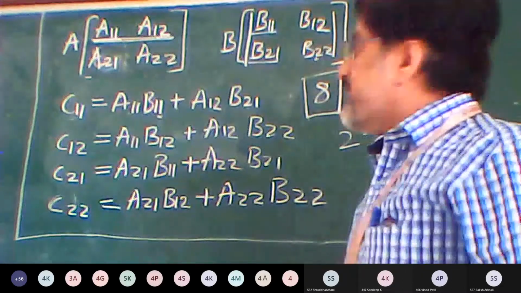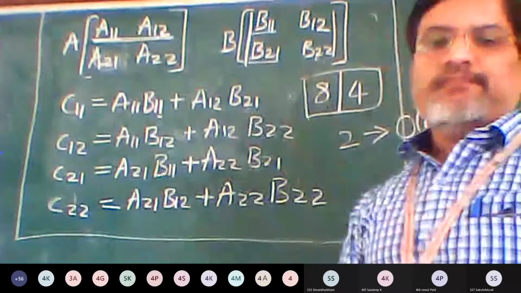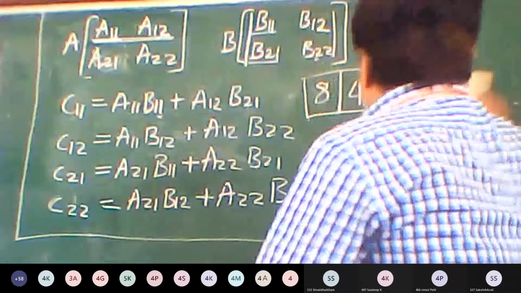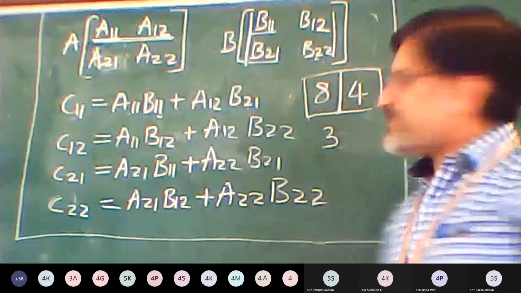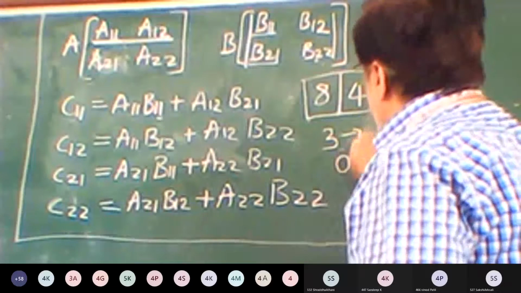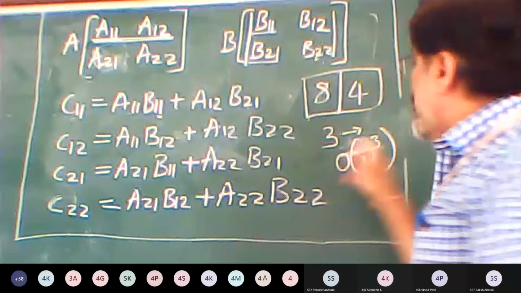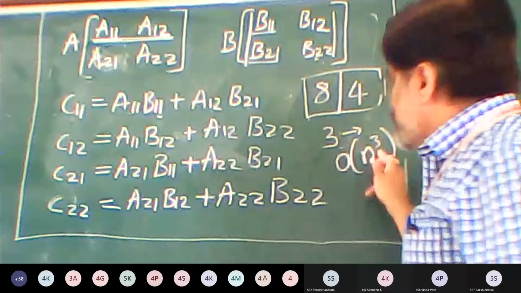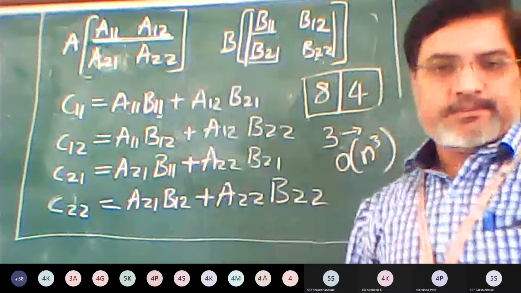In the same way, if we think of matrix multiplication, then it requires basically 3 nested for loops. 3 nested for loops means the complexity is going to be big O of n cube. You can see how big the computation time or the space it is going to use if we make use of the traditional matrix multiplication.